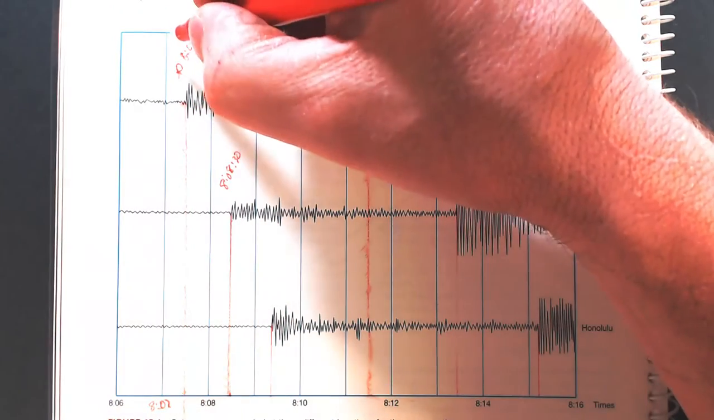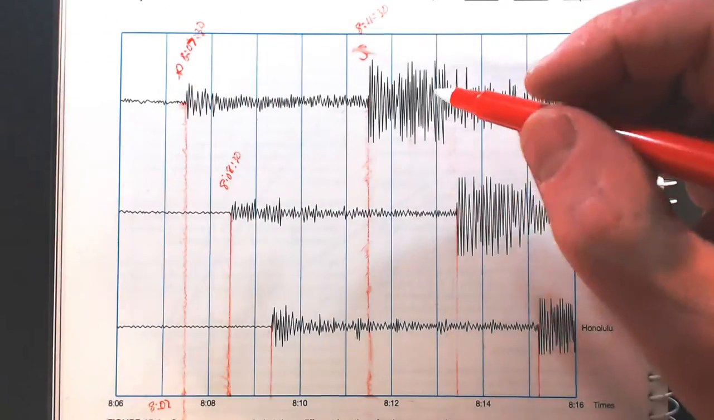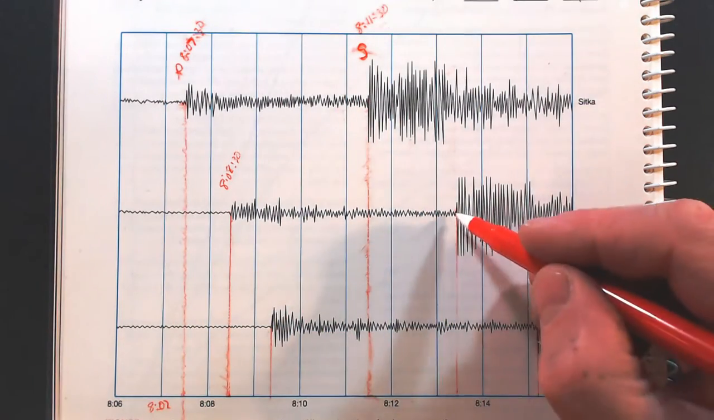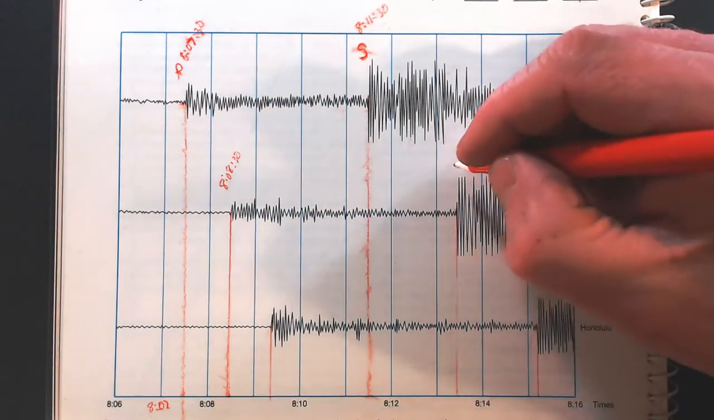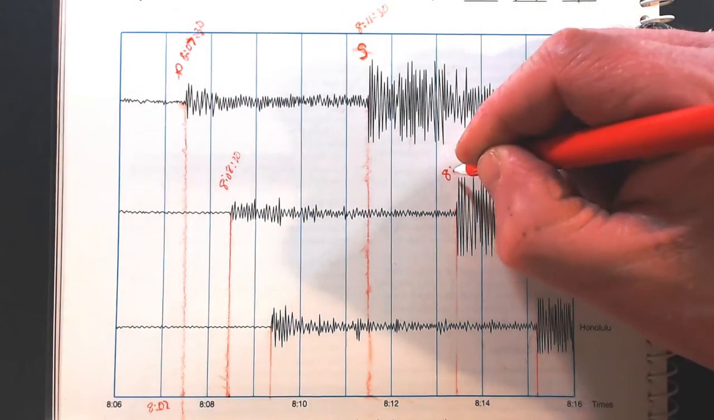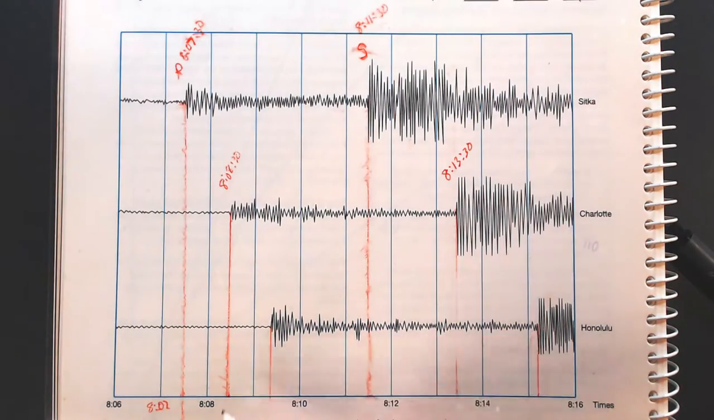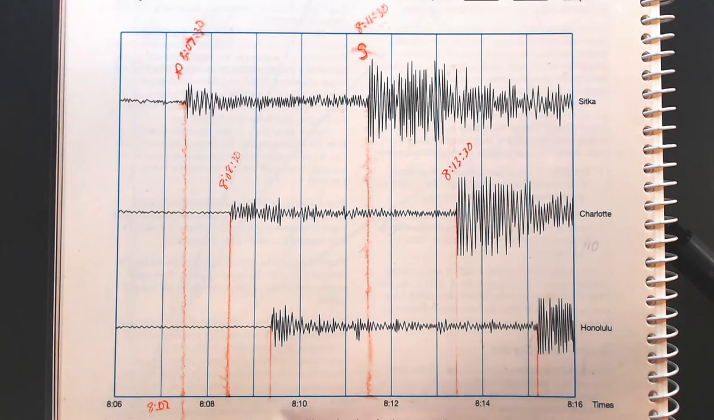And this one was 8:07. It's got a little bit smudged. S wave. And this one ended at 8:13:30. Sorry, I keep getting that backwards. 8:13:30. Okay, and the one at Honolulu, so that was Charlotte. The one at Honolulu, we're going to say is